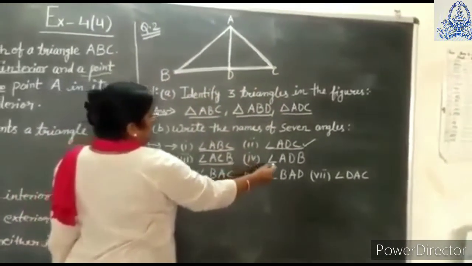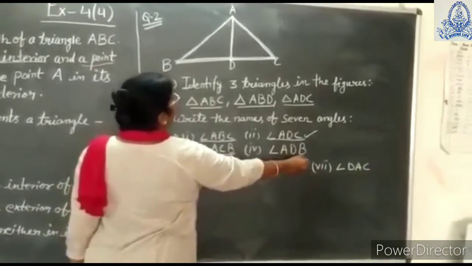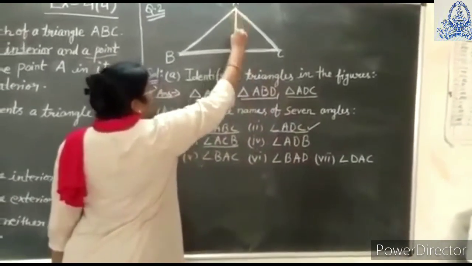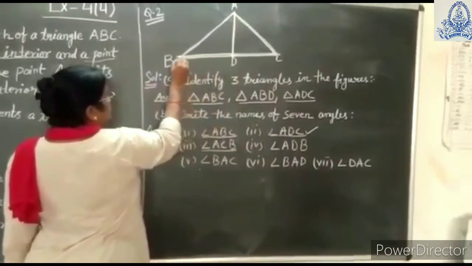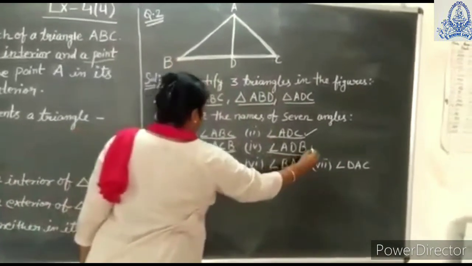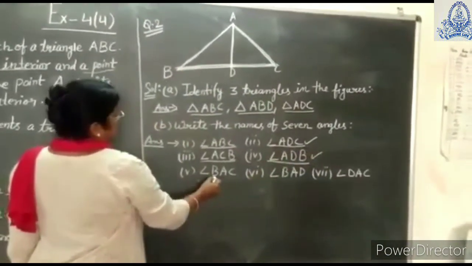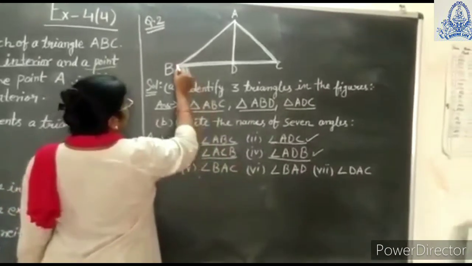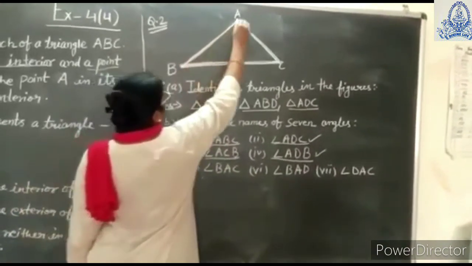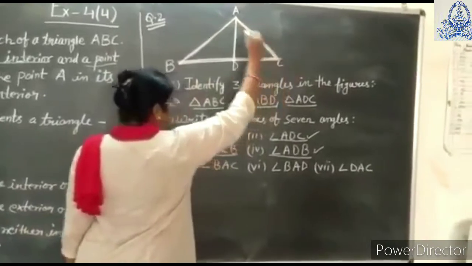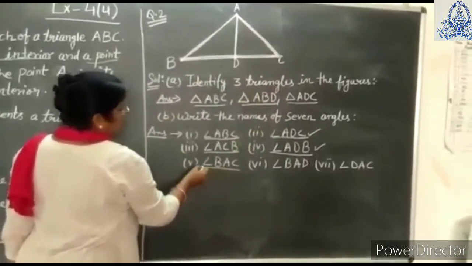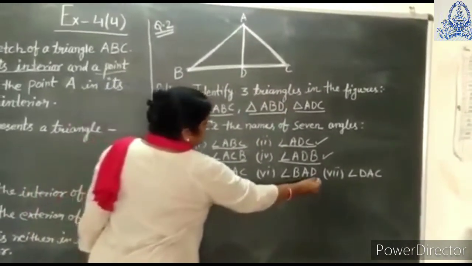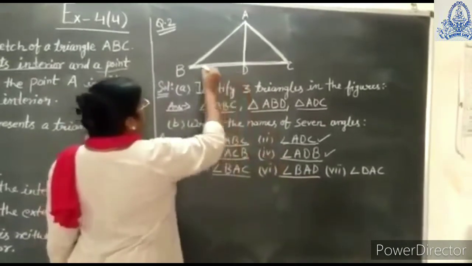Now fourth one, angle ADB. Now A, D and B. Fifth one, angle BAC. Now B, A and C. This one is angle BAC. Sixth, BAD. Now B,